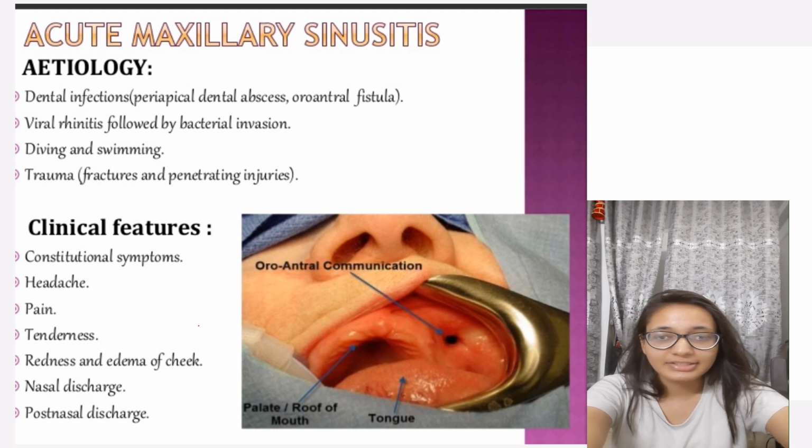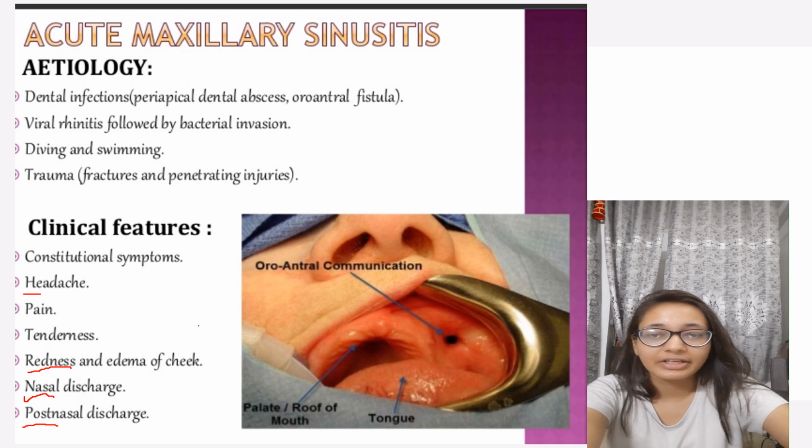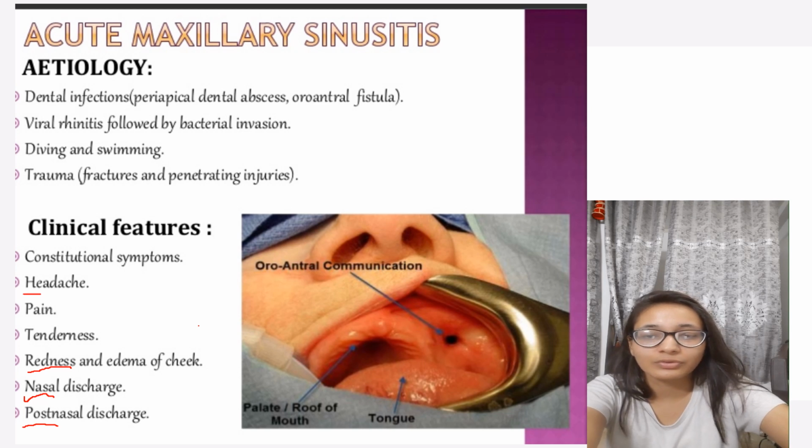To understand the difference more clearly, if a patient comes to you in your OPD with complaints like nasal discharge, post nasal drip, or redness in the cheeks, or constant headache for a period of more than 3-4 days, then you can suspect sinusitis. To be more precise and clear, you can ask the patient to go for an anterior rhinoscopy, in which you can see a congested mucosa in the nose.